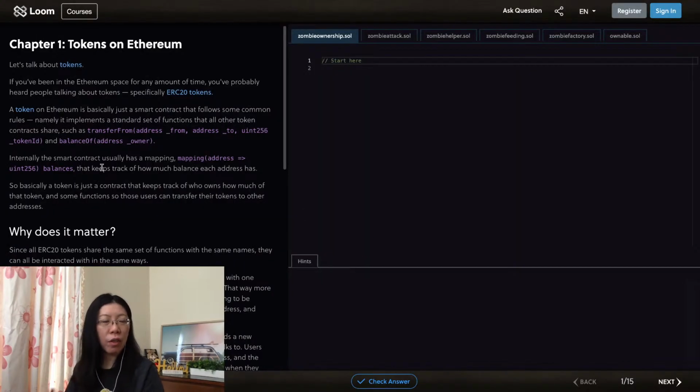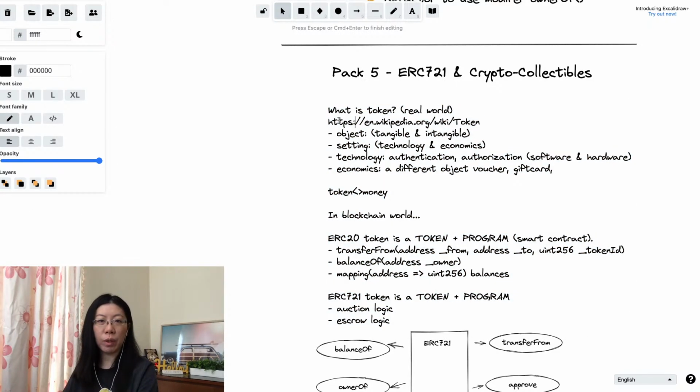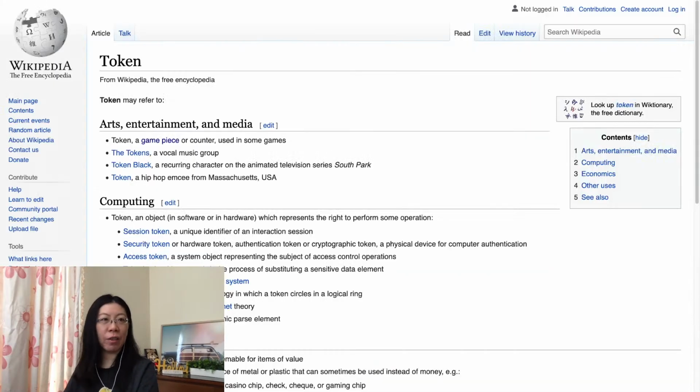Since you're interested in Ethereum, you probably already heard about tokens, right? I did a little bit of research about tokens. I feel like there's lots of definitions about tokens. So even this paragraph here talks about tokens, okay? So I did my own research and I wanted to share with you guys, and I hope that you are enjoying it. It's very important to understand the token from the real world, from a history perspective, to see what a token is, okay? So if you're interested, I highly recommend going to this Wikipedia page,